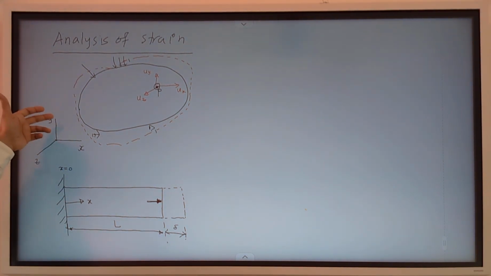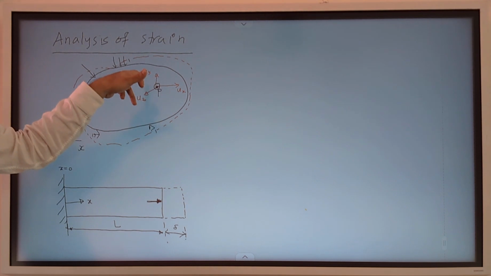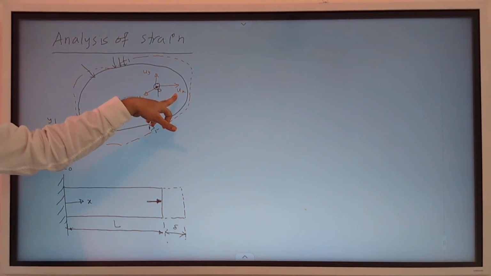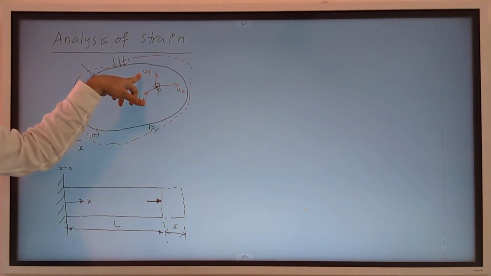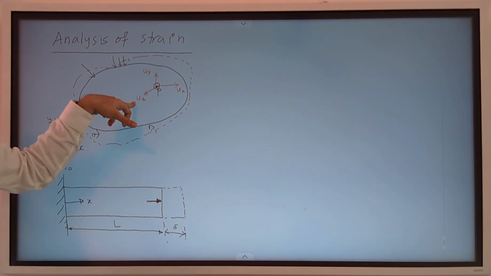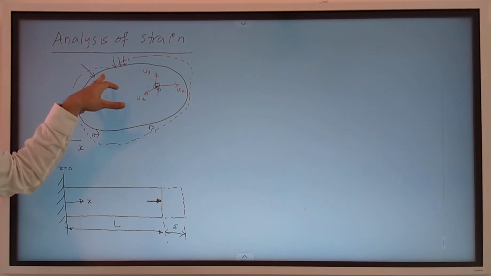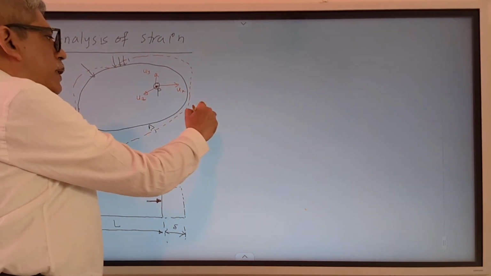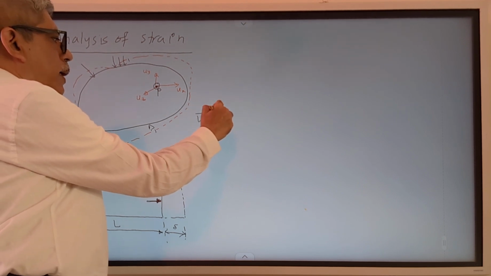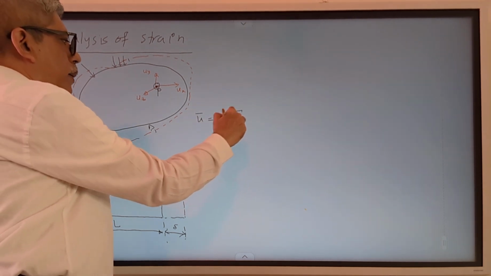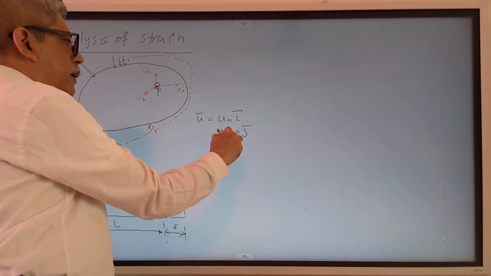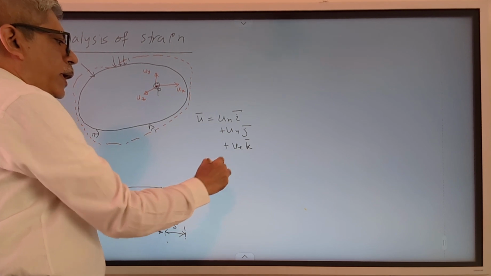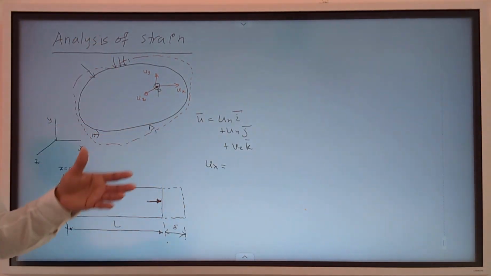So you choose some coordinate axes and at every point of this body there will be some displacement in x direction, which we call ux, another in y direction, that is uy, and a third one in uz. So for this entire body, you can write the deformation as u bar equal to ux i bar plus uy j bar plus uz k bar,